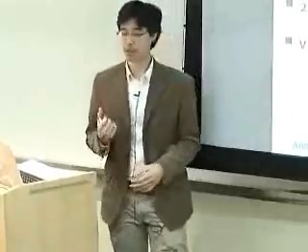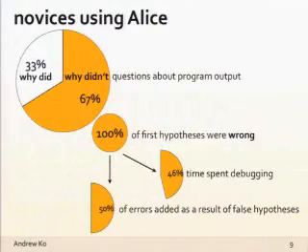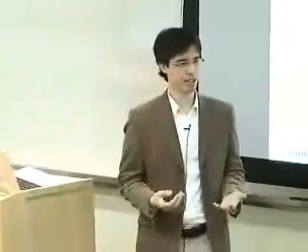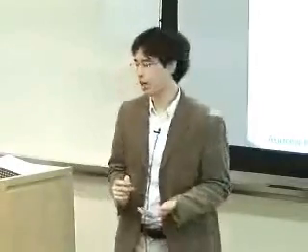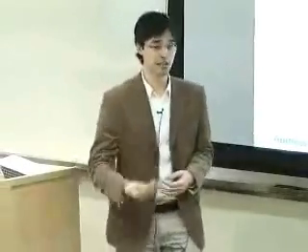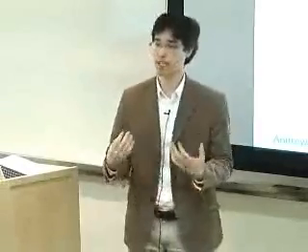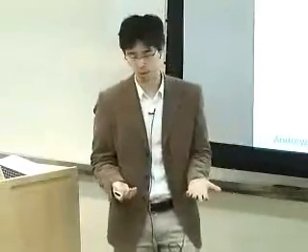One of the things that I noticed first when I looked back on those videos was that all of these debugging sessions, when somebody noticed a failure, started with a why question as they were thinking aloud. So they would see Pac-Man do something they didn't expect and say, why did Pac-Man do that? Why didn't Pac-Man do this? And about 2/3 of those questions were negatively phrased. Why didn't something happen? So they would write some code where they expected some behavior to be produced, but it wouldn't happen for some reason.